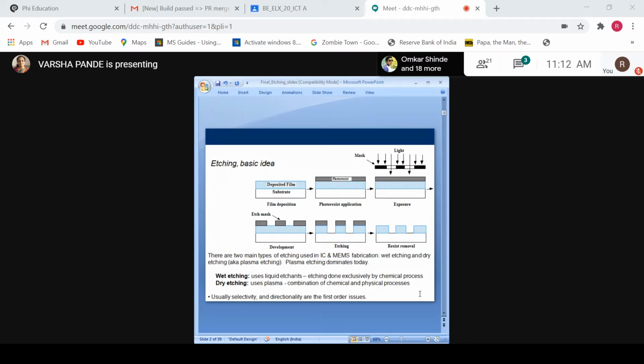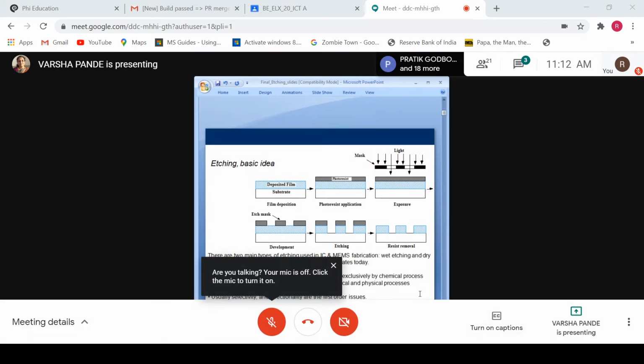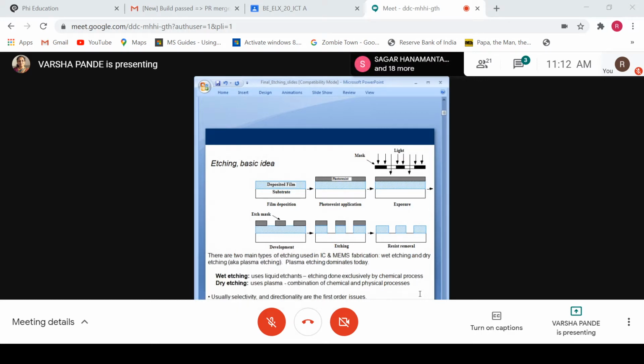Then photoresist, next step is alignment and exposure, where we have kept a mask and it is exposed to the ultraviolet light. Then through the transparent region, through that the light will fall above the photoresist, and only that part will become weakened. And after this it should be kept in the development solution. When this is kept in the development solution, only the photoresist will be removed. Means either we have to keep this in the development solution or development solution is applied.